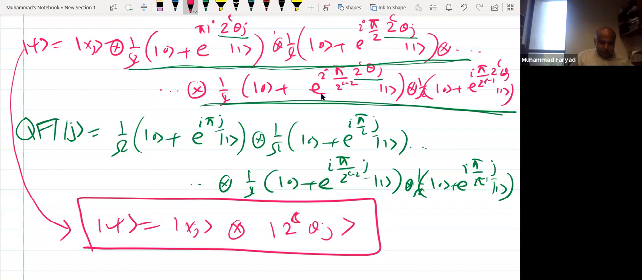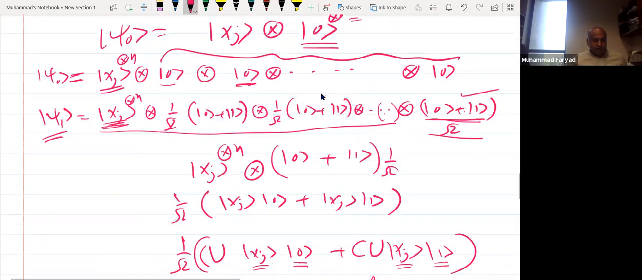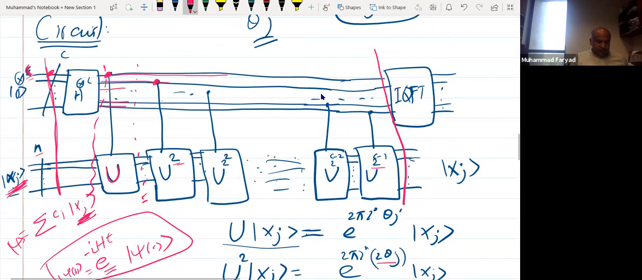So the first c qubits are transformed to the state 2^c θj, and these n qubits remain in the state xj. And now you also see why the person who devised this quantum phase algorithm kept this particular choice of unitary operator sequence: U^0, U^1, U^2, U^(2^2), all the way to U^(2^(c-1)). Because with this particular choice of